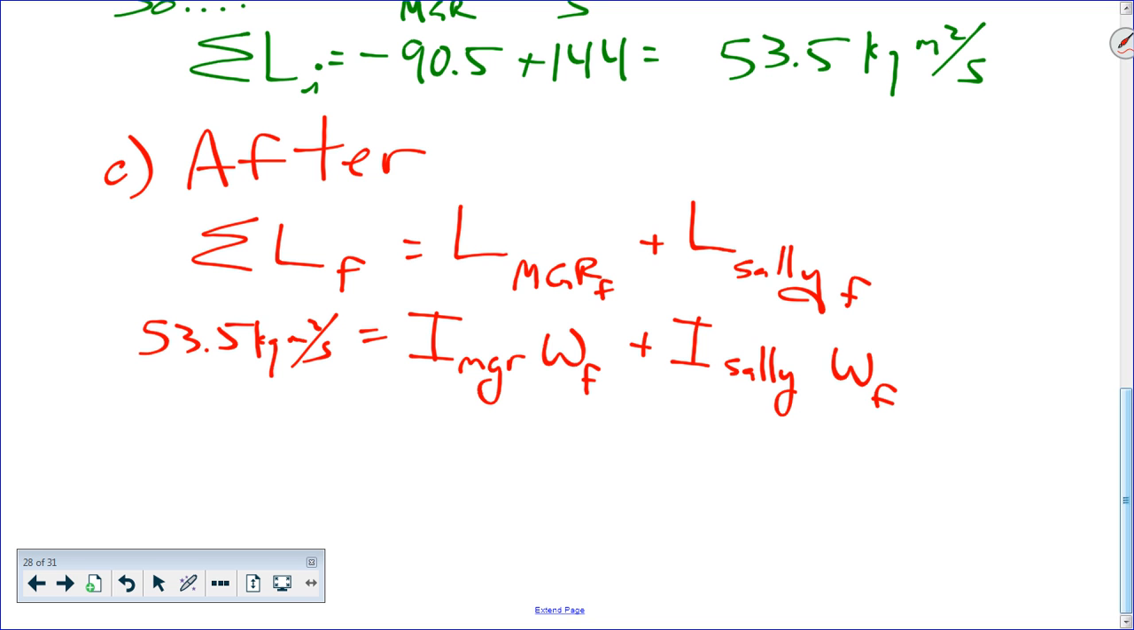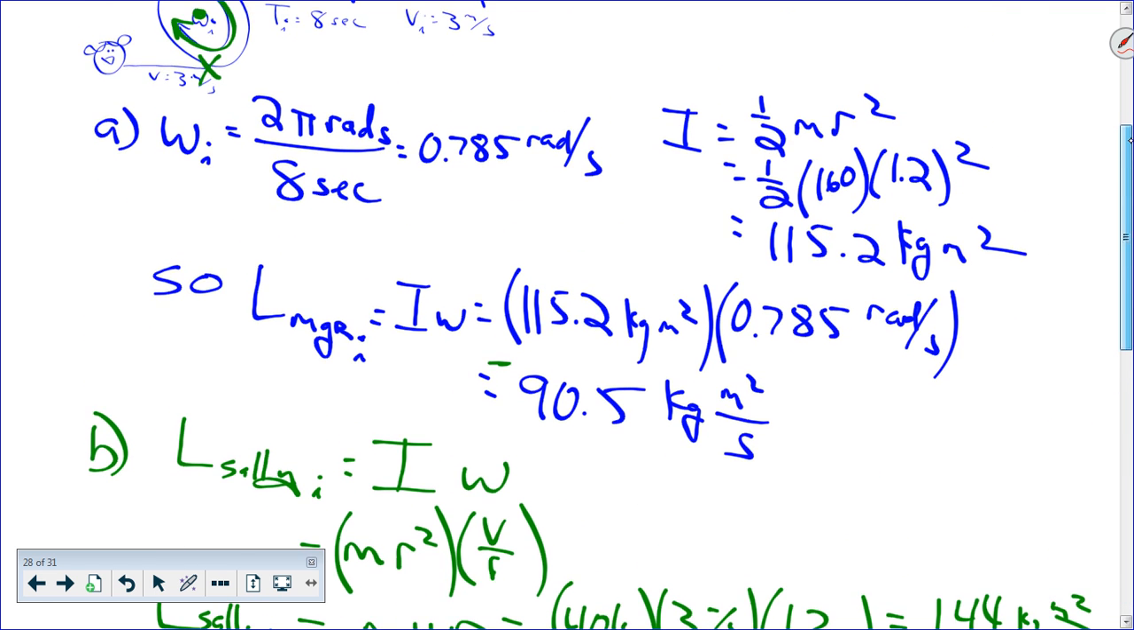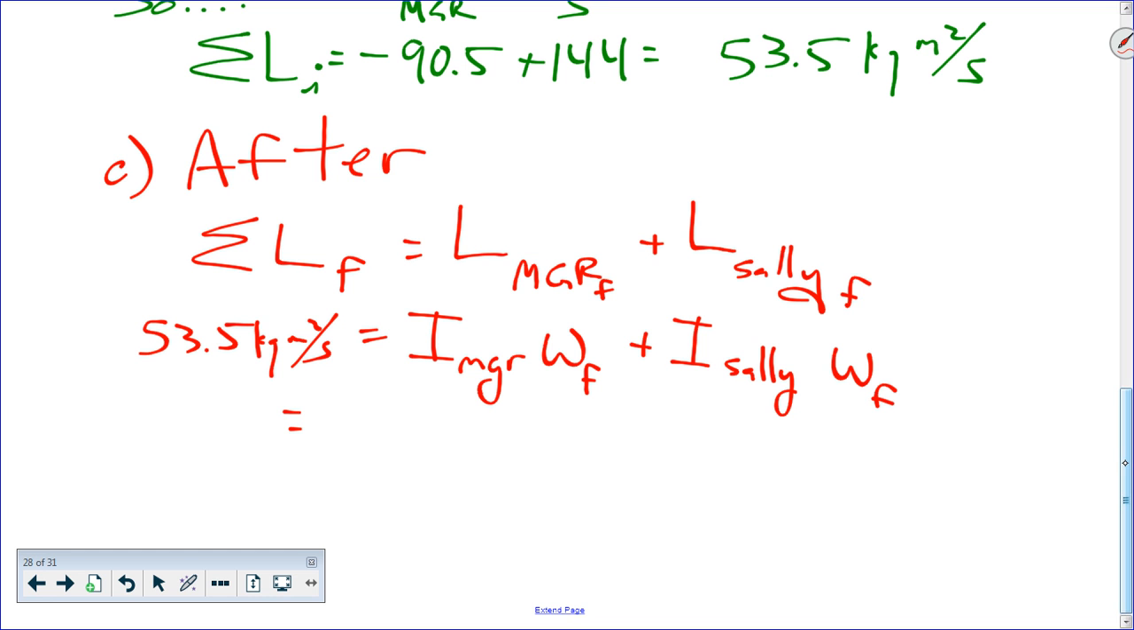Does that make sense? All right, so we can do this. Let's see. So I for the merry-go-round, we had already found that, didn't we? I for the merry-go-round is 115.2. Do you guys care if I leave the units off? Is that going to mess anybody up? No. Okay. Times omega f